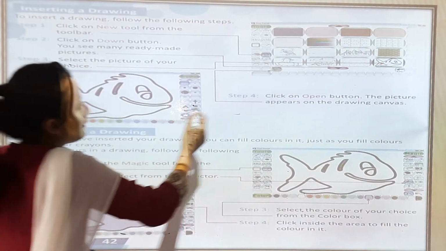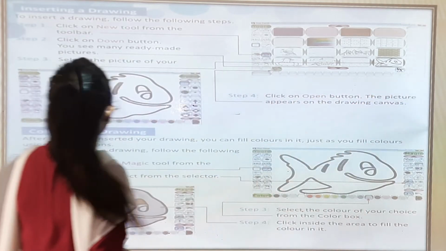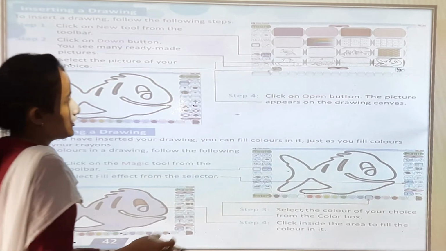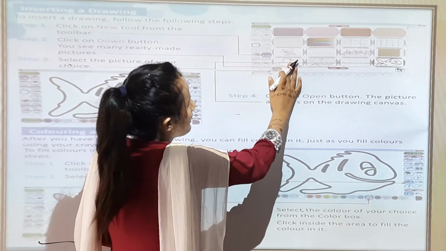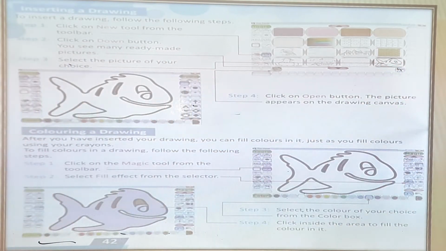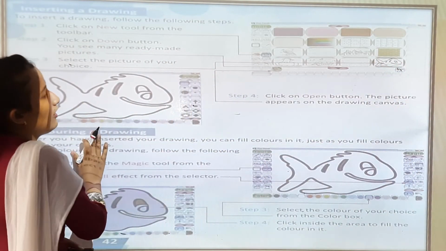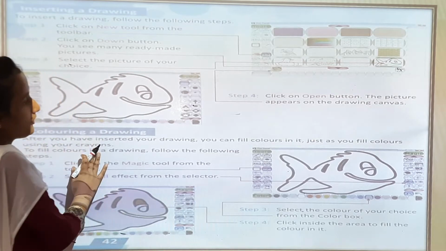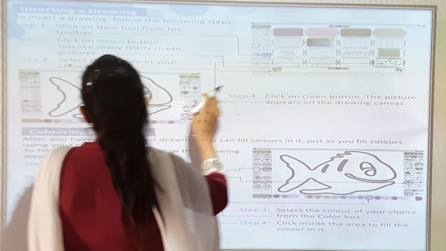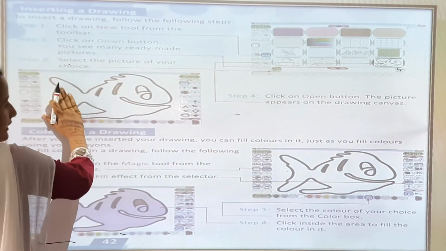Third step, select the picture of your choice. For example, you are selecting fish. Okay, you have selected fish. Then click on the open button. You will click on the open button and your picture will appear like this.